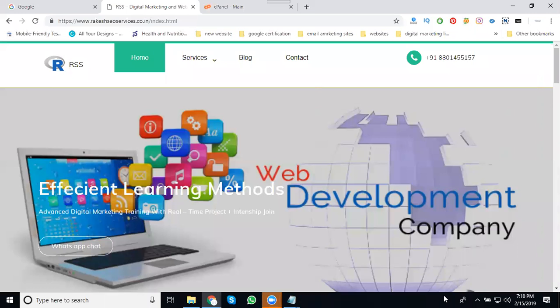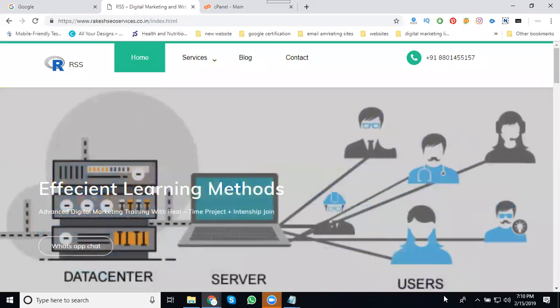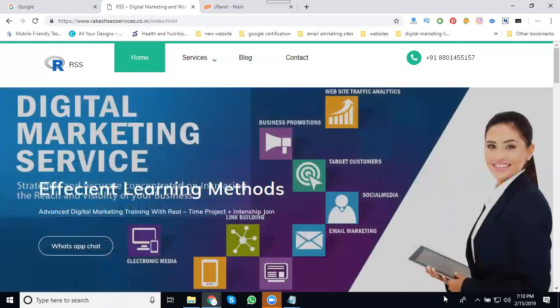In interviews, they ask one question: how to stop search engines from indexing your website? So we design one website, but it is not indexed by search engines. This is only for your private purpose. So how to stop search engines on your website? For that, we can use an option called